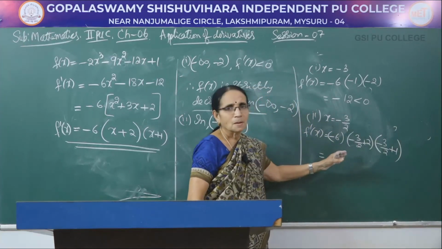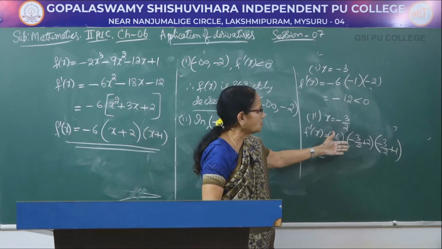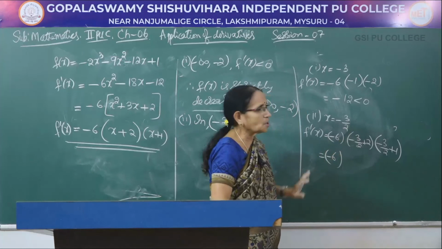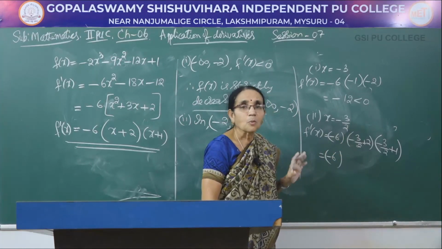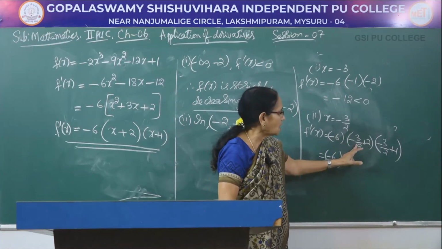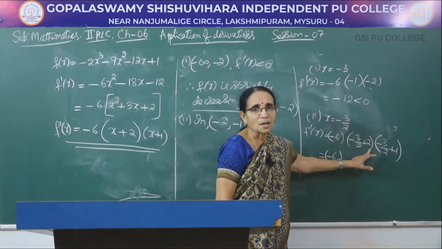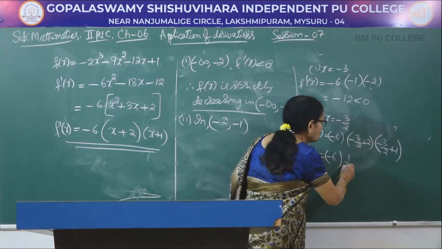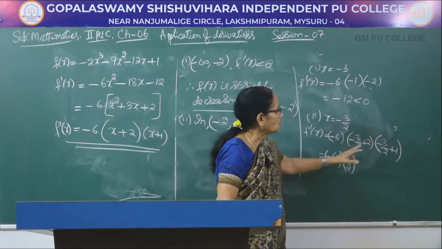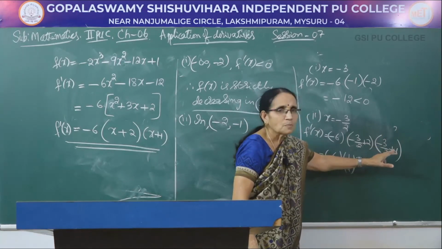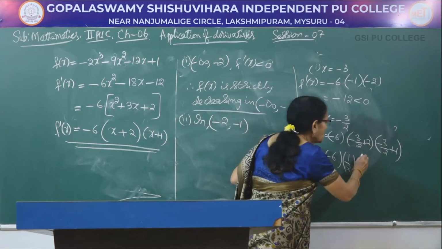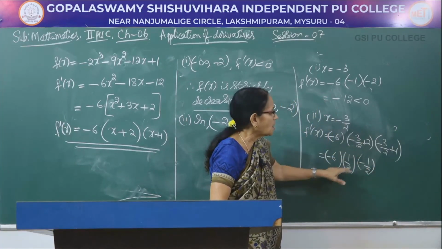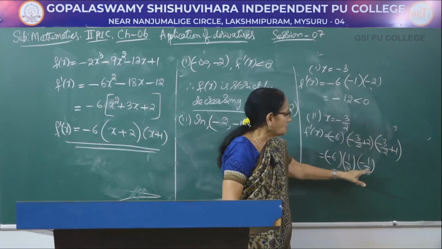See here, you are familiar with arithmetical calculation here. See 3 by 2, what do you mean by 3 by 2? 1 and a half. Minus 1 and a half plus 2. 2 is bigger, isn't it? 2 minus 1 and a half becomes half. That is plus half, isn't it? Look here, minus 1 and a half plus 1 here. Therefore, it becomes minus half. 2 minus 1 and a half is half. Minus 1 and a half plus 1 is minus half.